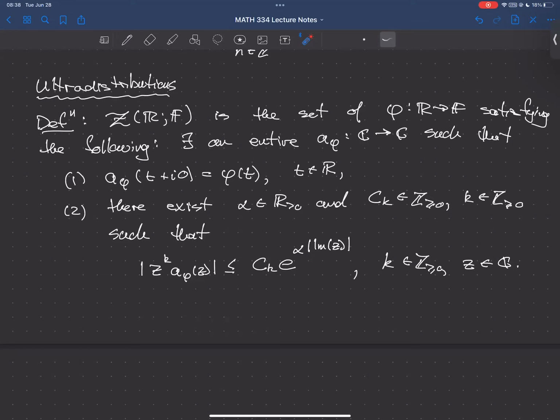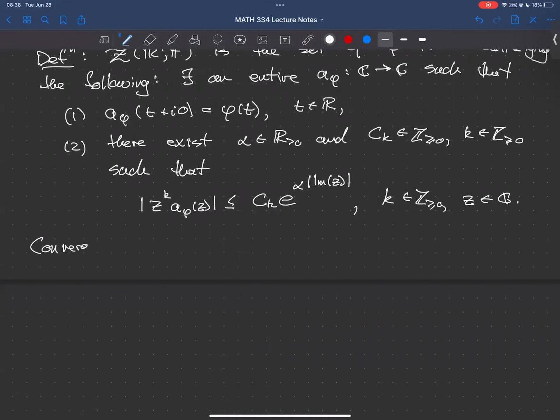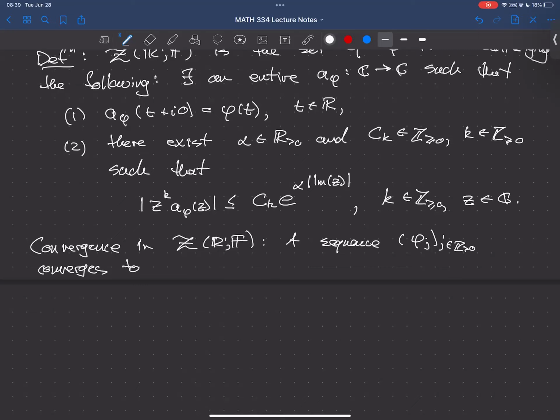How do you define convergence in Z? Because like all of our classes of test signals, we want some kind of a topology, and so you need to say what convergence is. So a sequence phi j, which is a sequence in, of course, Z, converges to 0